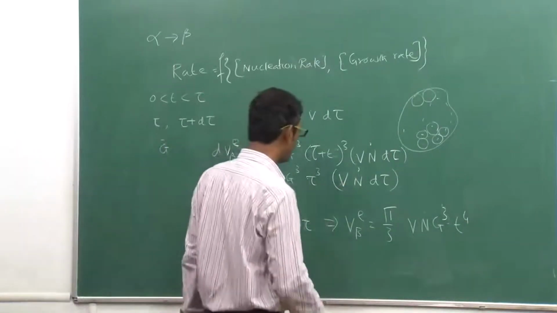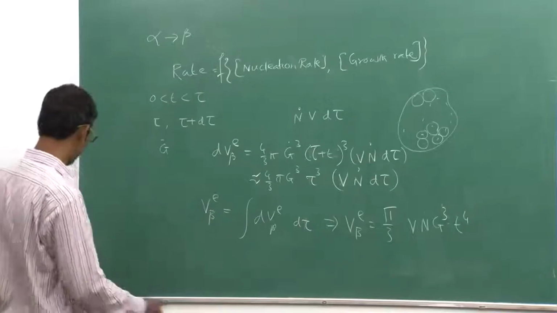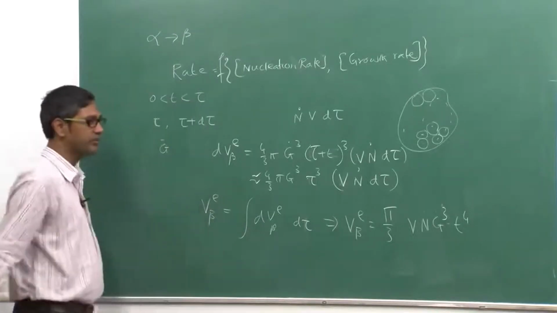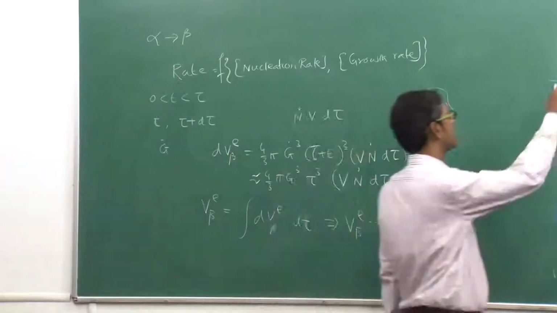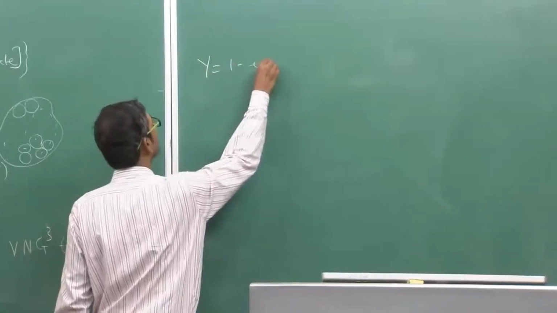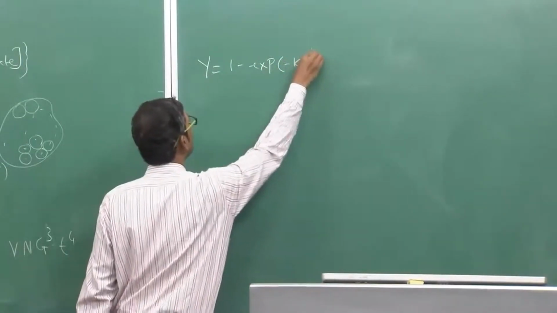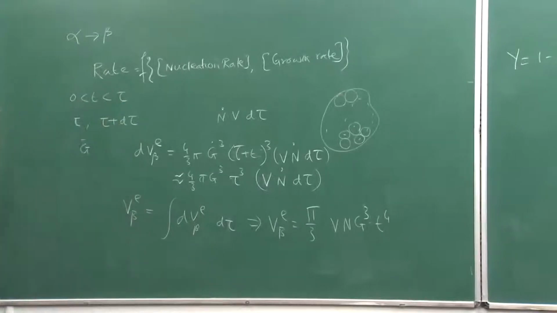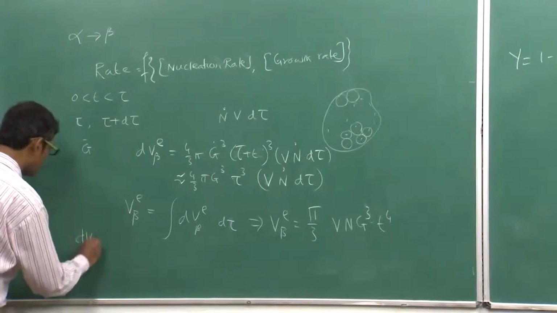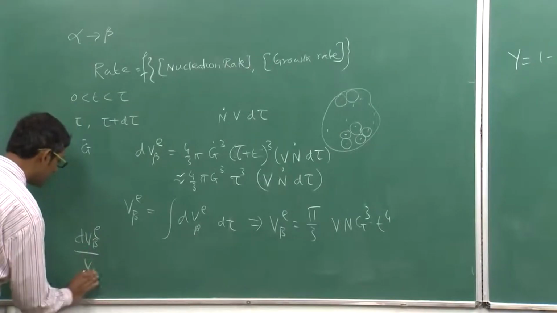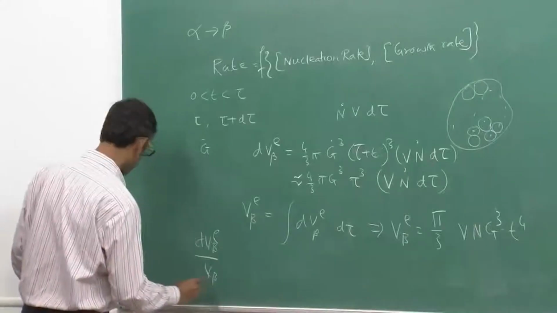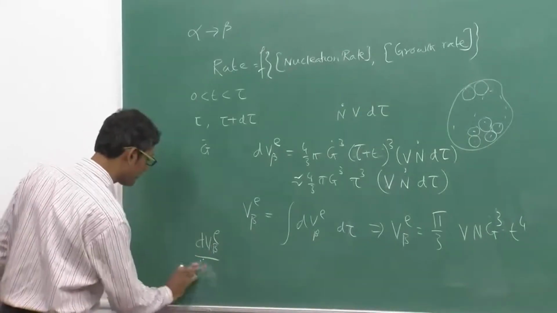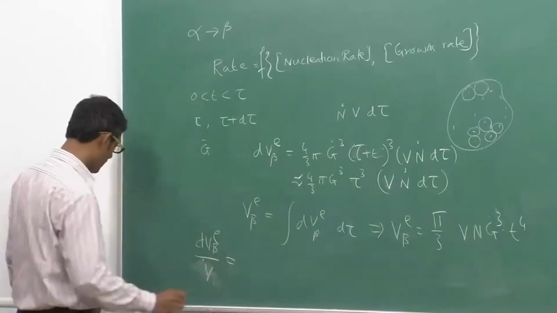So therefore, in the expression which you have seen, how do I do that? Normally, this is the total transformed region, and we have to consider the fraction transformed. Y was 1 minus exponential of minus k t to the power n, right? This Y is the fraction transformed, and this is the total volume of V created. So for the fraction transformed, we can always write dV beta E by V beta E, oh sorry, dV beta is the transformed volume, and this is divided by V is equal to,